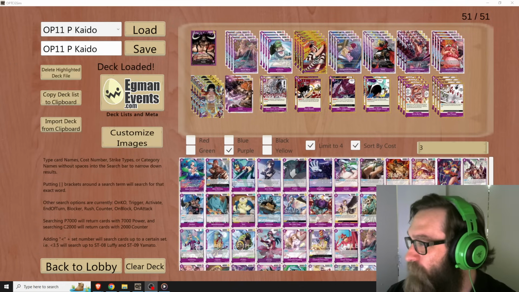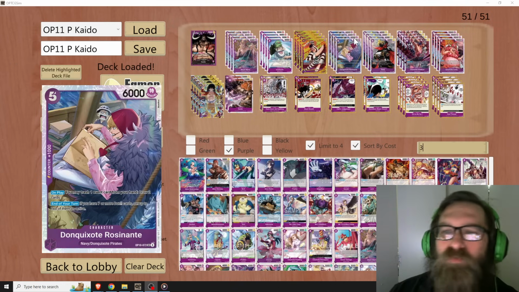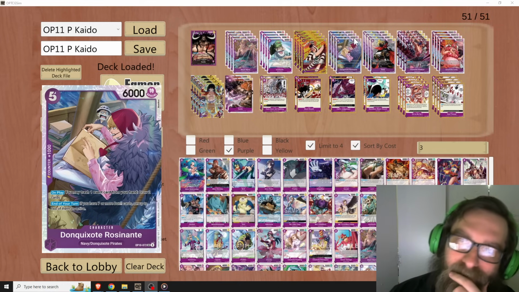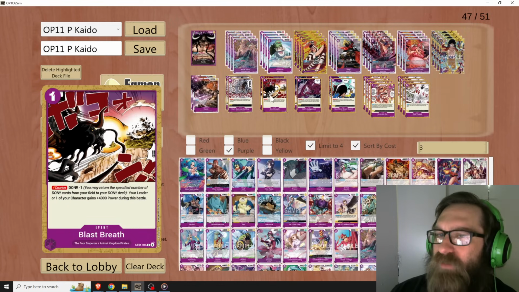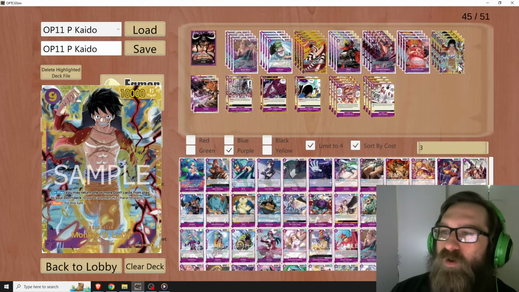All right. Okay, guys, so here's the list. Again, I don't know if you noticed or not, but we really didn't get any interactions out of the Rosinante. It was basically just a 1k counter in hand most of the time. At least that's what it felt like. So I think moving forward with the list, I'm probably going to drop Rosinante. The Hell's Judgment was nice. We didn't really come up against Blast Breath at all, so we might go -2 of those. And maybe we go...